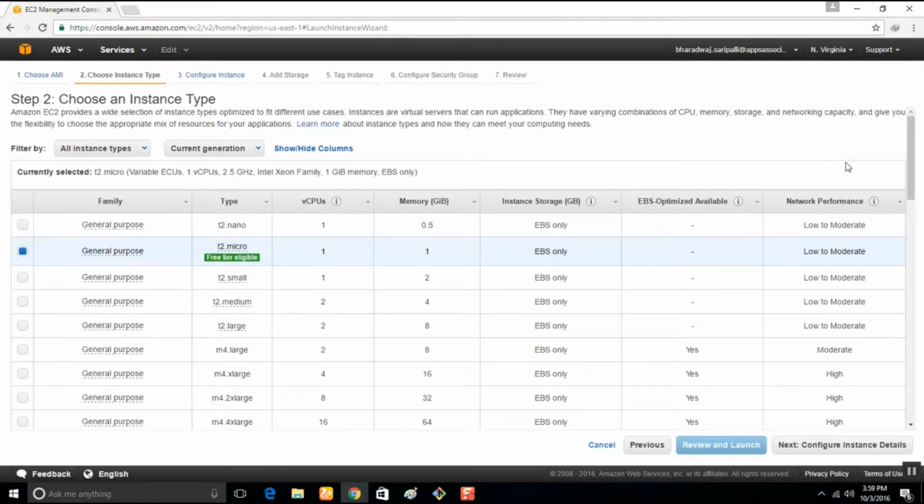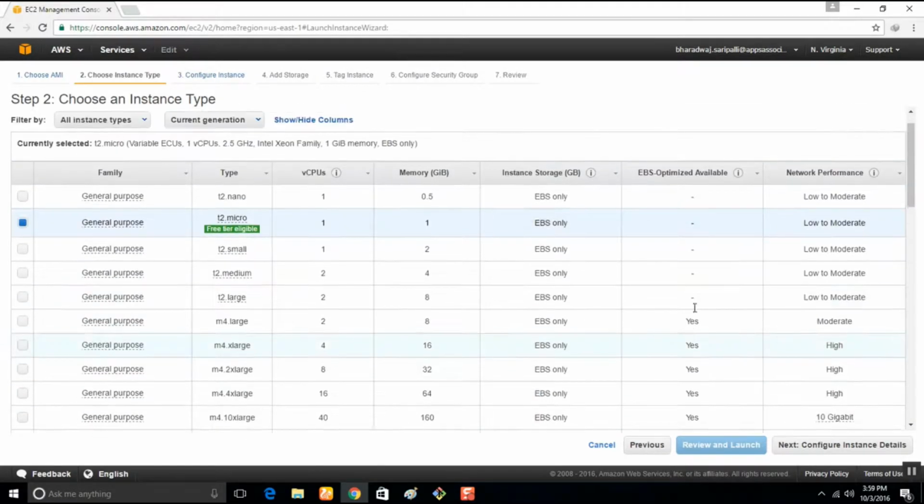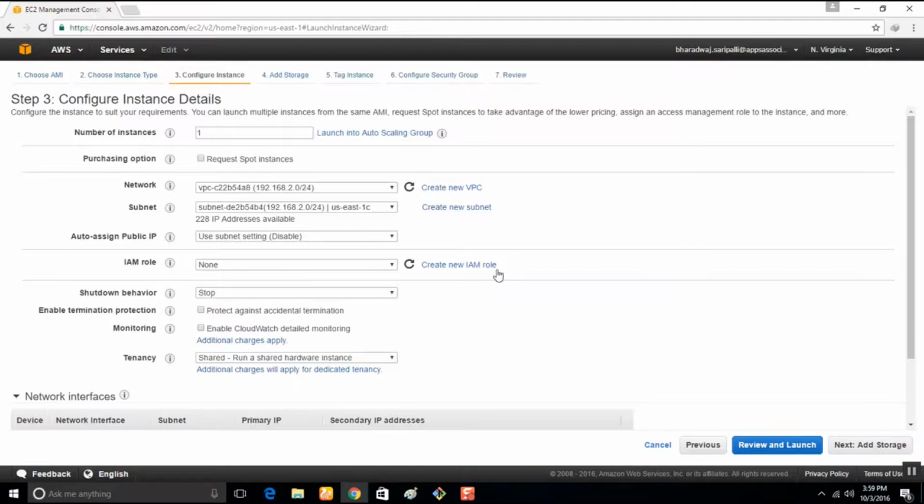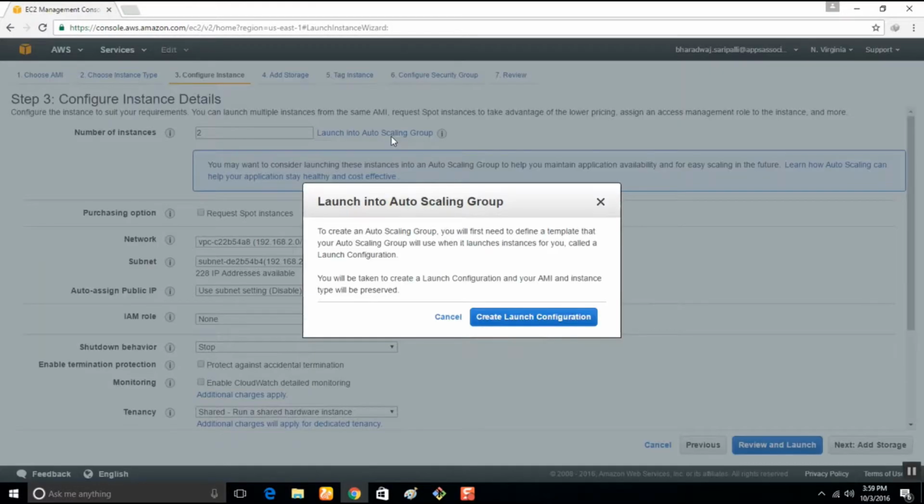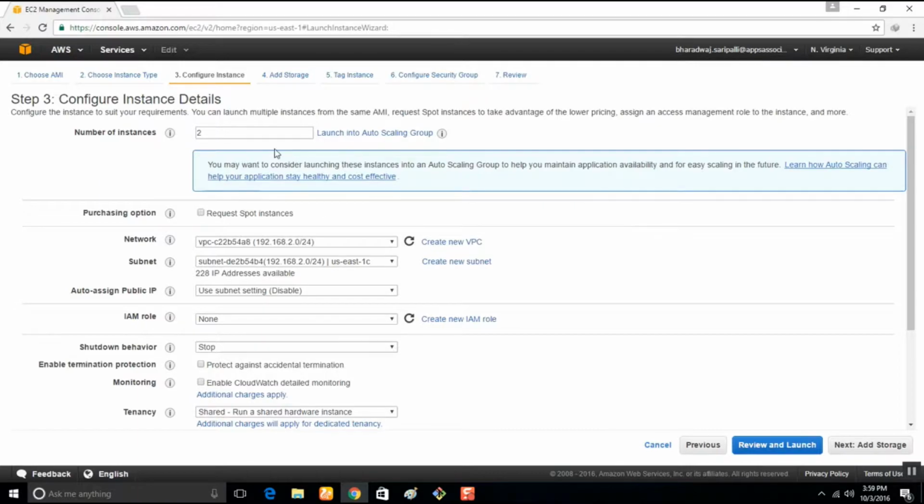Select, configure instance details. Let's try to launch two instances. You can launch into an auto scaling group, but for our example, let's leave that and just give them 2. For VPC, let's give this one.